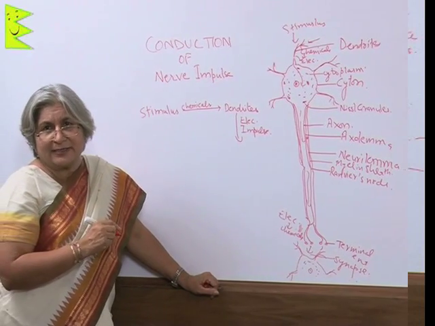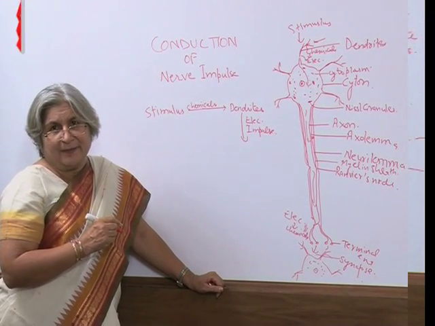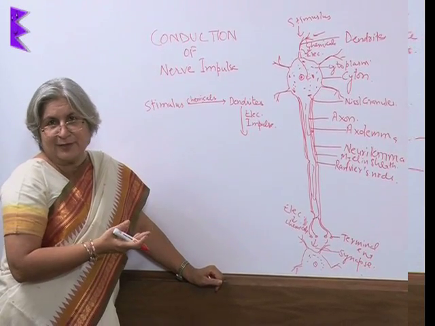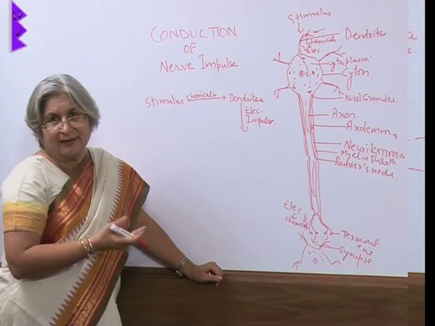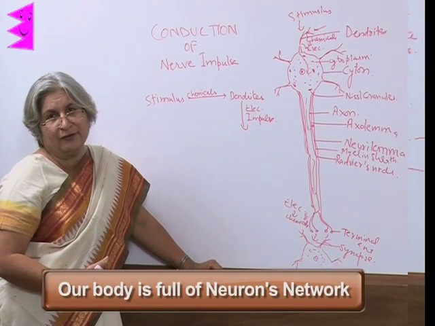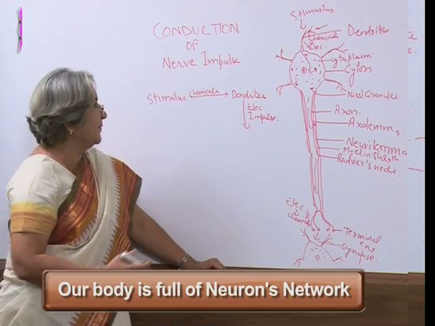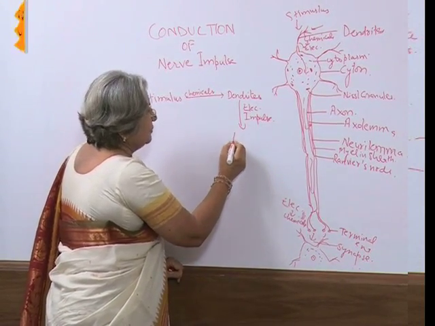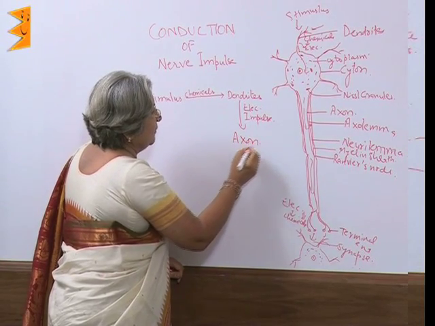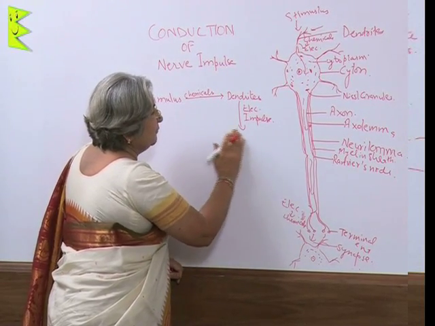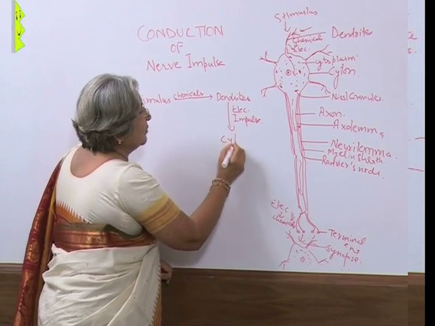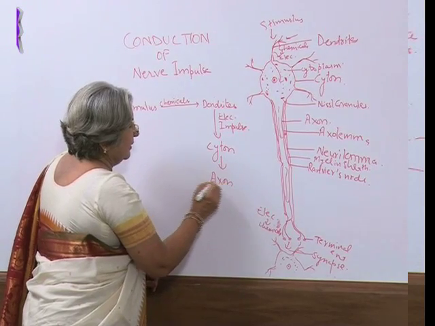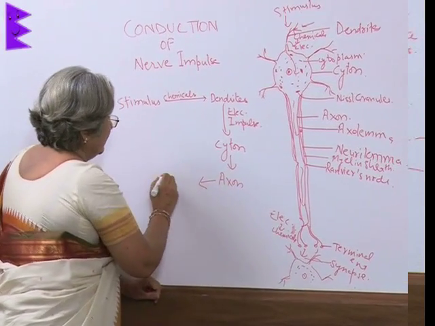It is like a relay race. What happens in a relay race? The runner runs and then passes on the baton. So, nerve cells also are doing the relay race for us. Our body is full of neurons and their network. So, after the electrical impulse, we will say it goes into the axon, from the cyton, then axon, then terminal end,